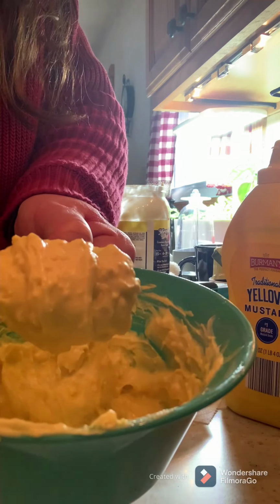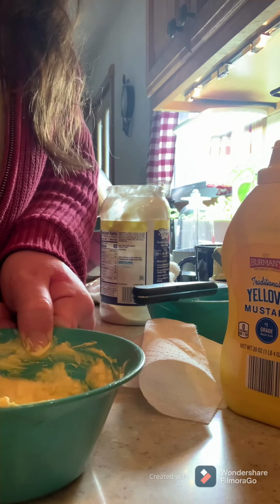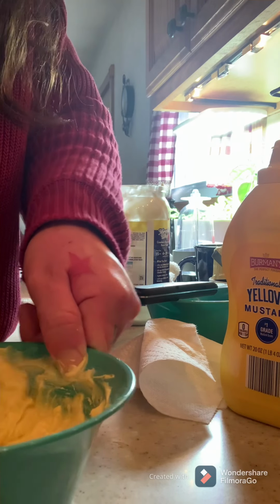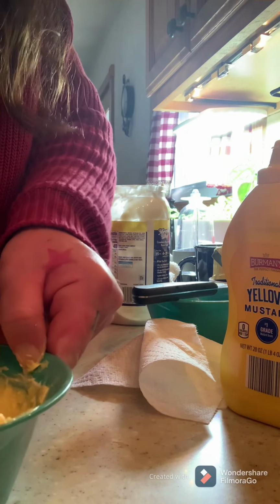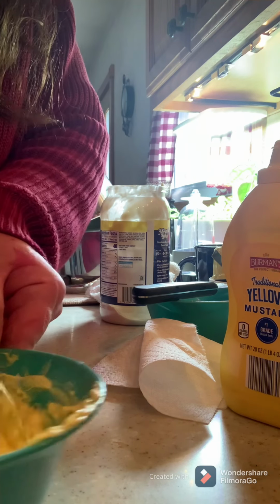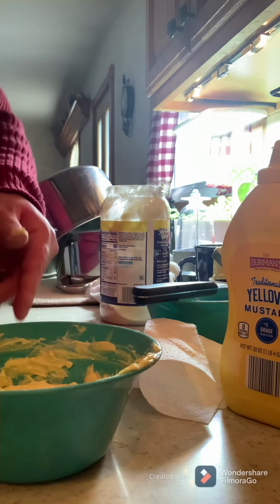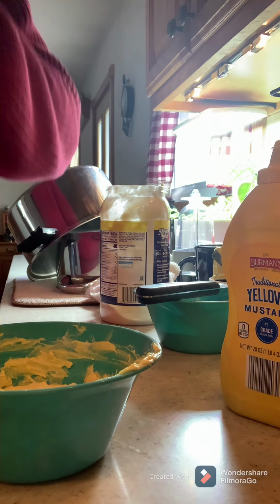There's no chunks in there. And it'll be completely fluffy, but this is kind of how I like to make it. Because I like to have a little bit of that chunkiness. But not always. Sometimes I like it really creamy too. And that's simple enough. Now what you'll do,